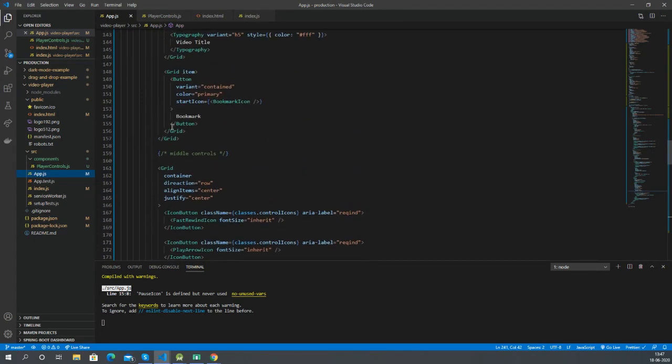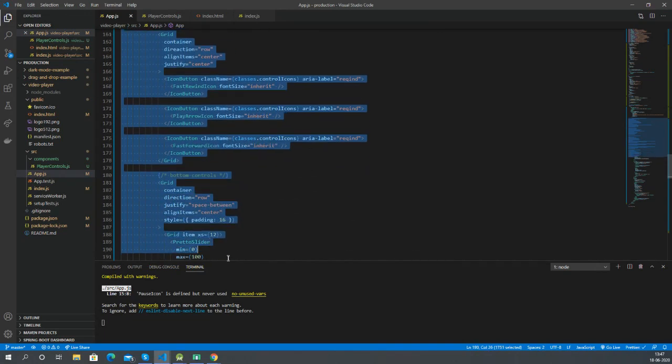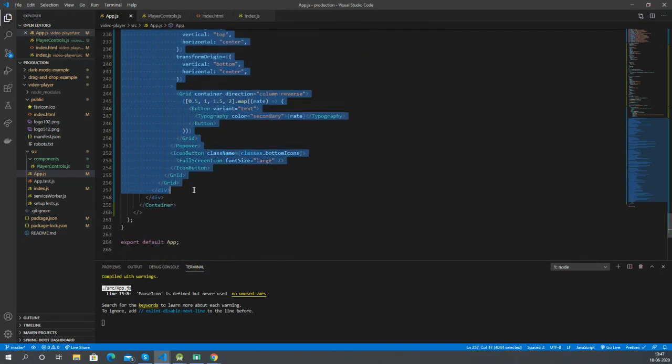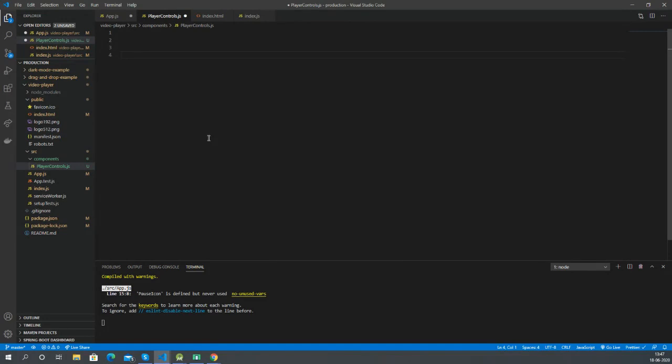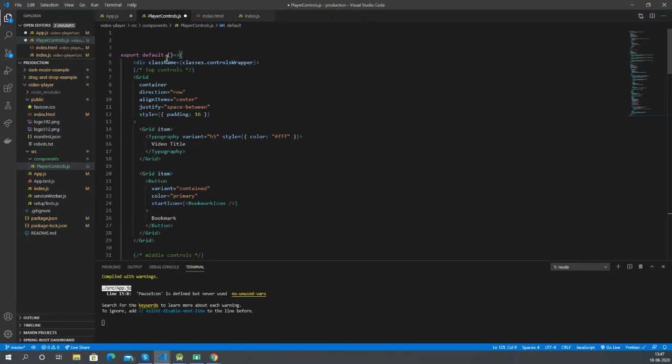Whatever comes inside the controls wrapper, we will cut it. Now inside the player controls, let's add a functional component and let's place all this.